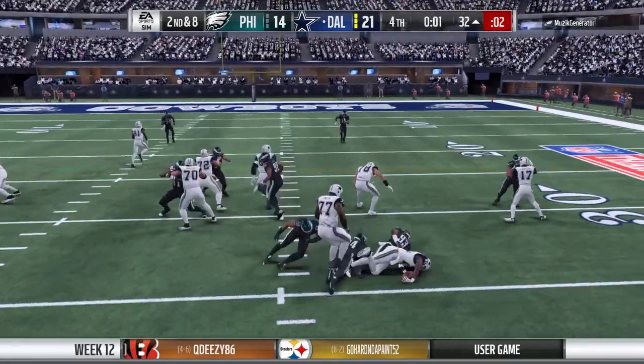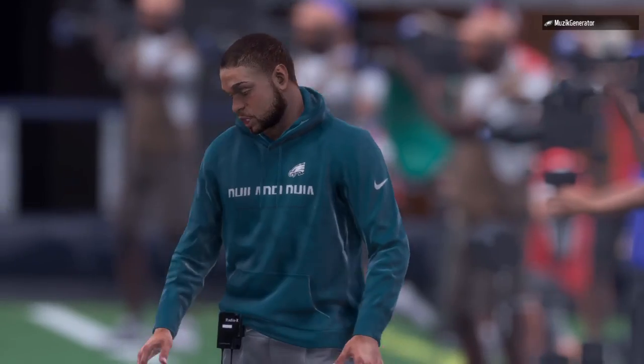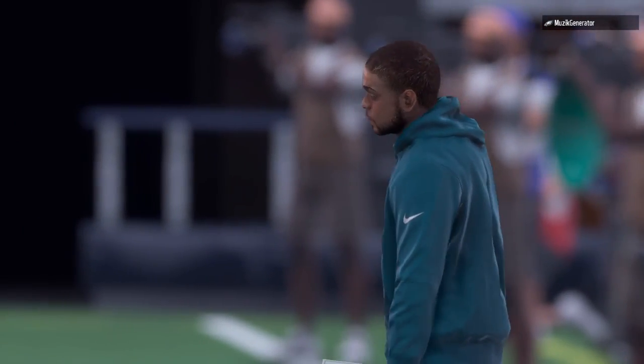Again to Elliott. Absolutely nobody fooled there. He's going nowhere fast as he's stopped behind the line of scrimmage. And Charles, I think when this...